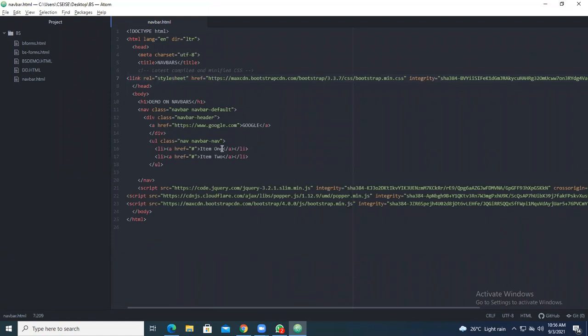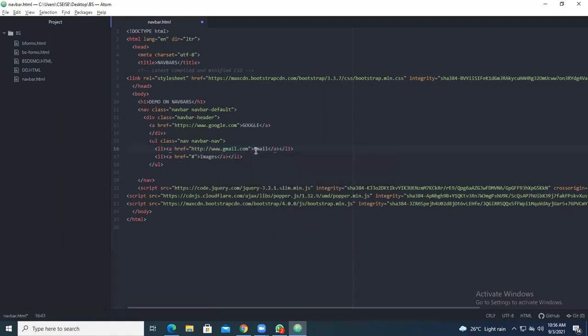For that, in place of item 1, I will give Gmail. For this one, you take images. When you go for Gmail, give the HTTP link, http://www.gmail.com.